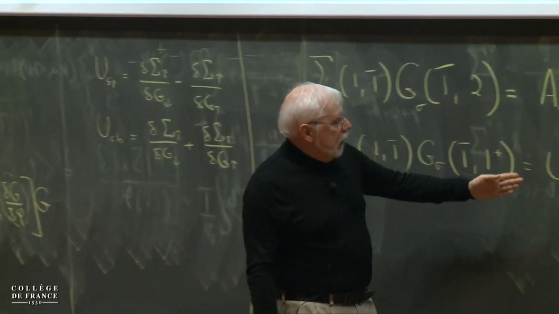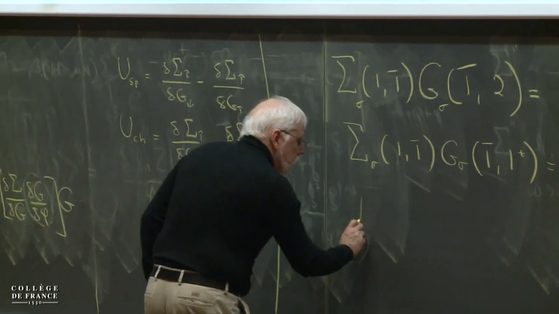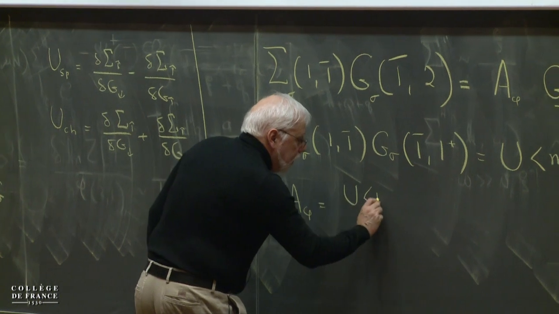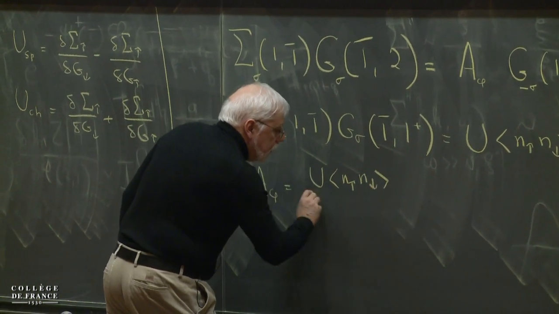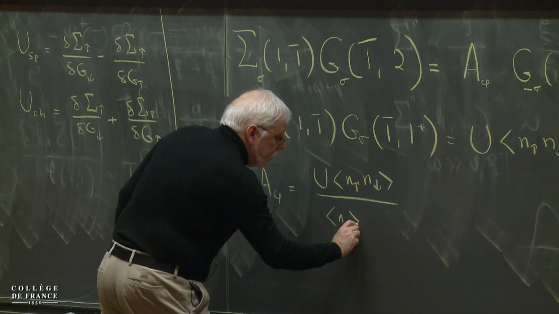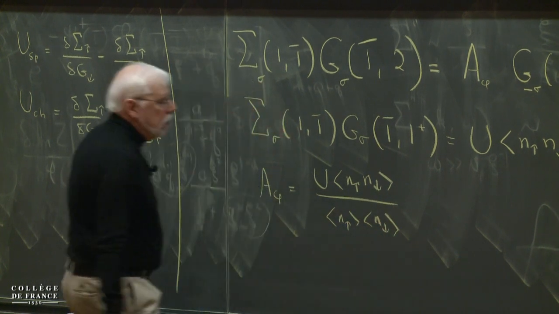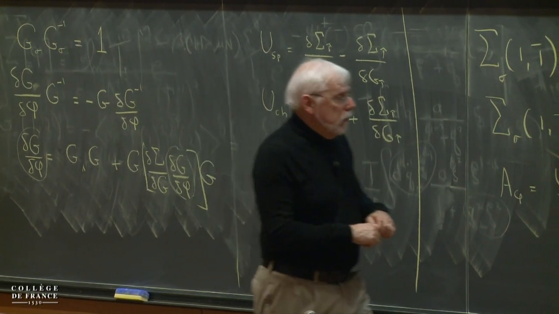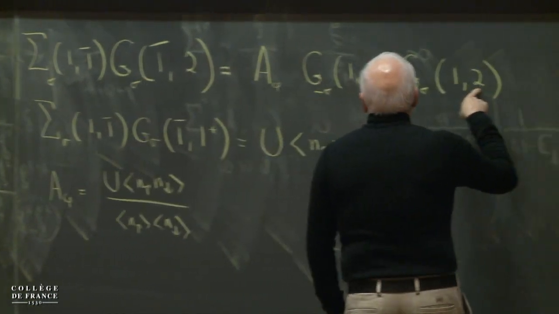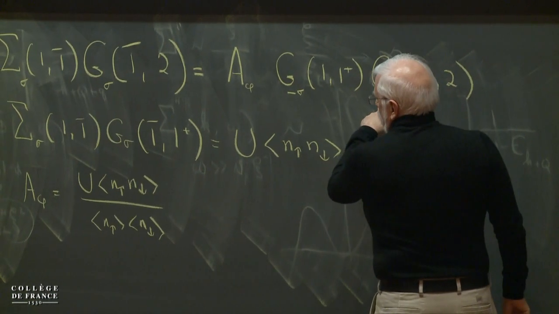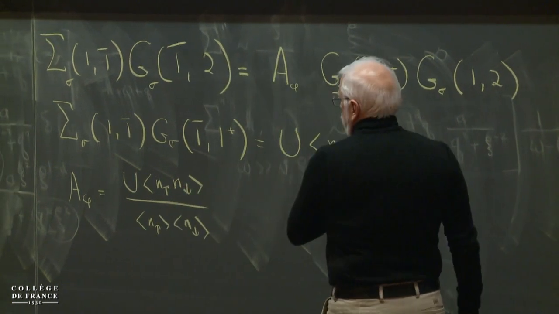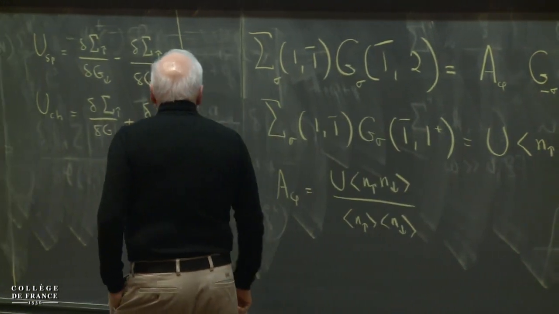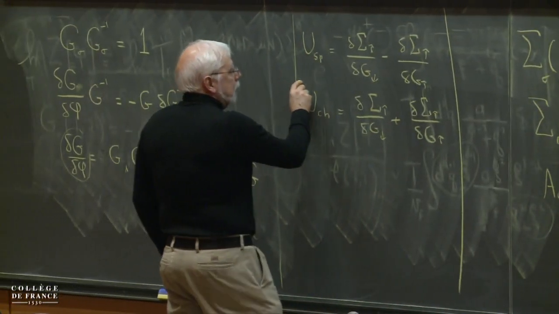So how can I get this? Well, I just have to choose A of phi to be equal to U times n up down divided by n up times n down. Why? Because when 2 is equal to 1 plus, this is n down, this is n up. So I simplify this, and I'm left with U n up down. Now, why is this equal to U spin? Okay, because if I take this expression here,